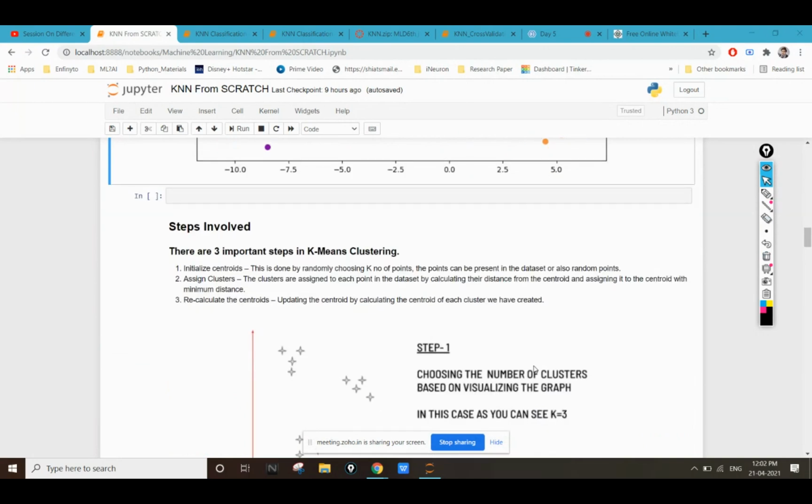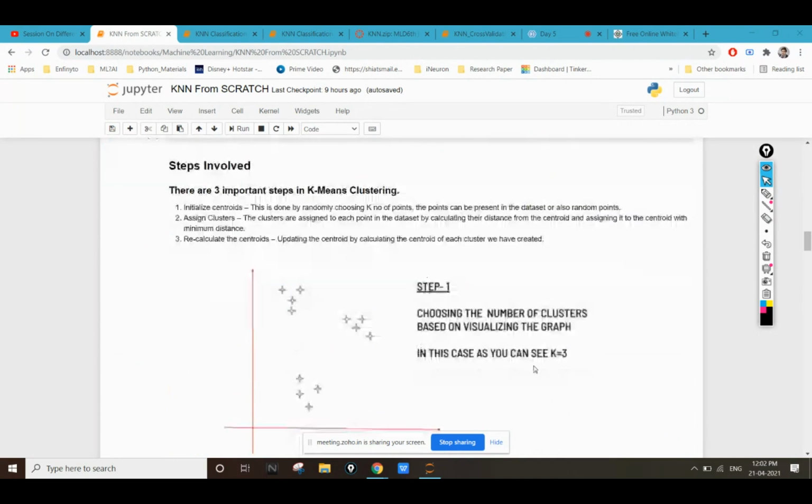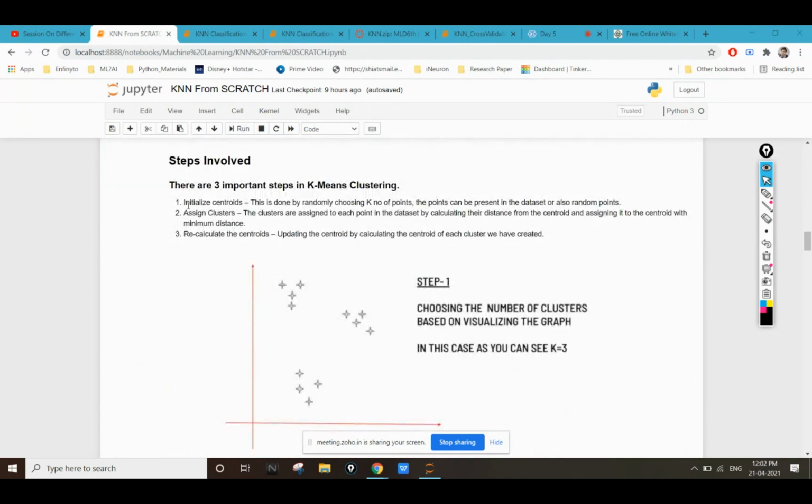let's see the steps involved in the k-means algorithm one by one again. Okay, so how do we classify that? The first thing we have to do is initialize the centroids. Okay, and that too randomly. This is done randomly.